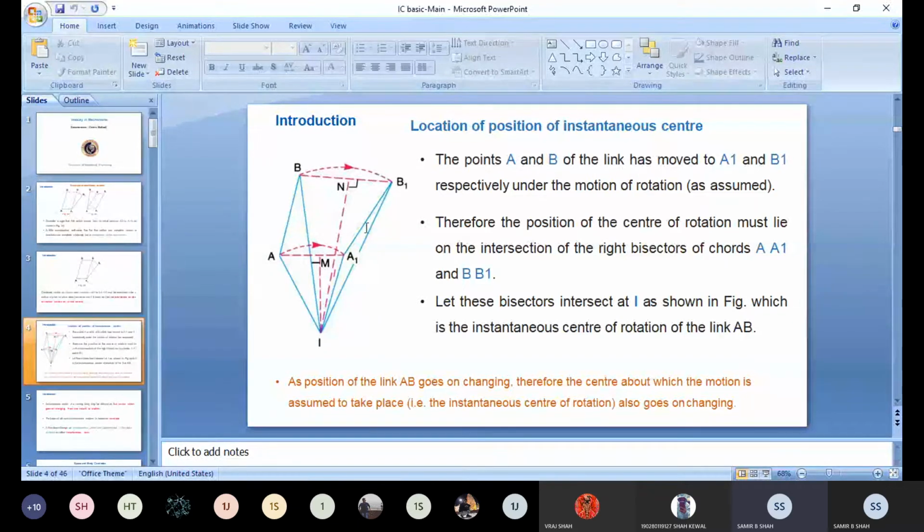Here there is one, and in the same way there are many. If the links are more than one, then the centers are more than one. So at that time, the locus of all the instantaneous centers is called a centrode, and the locus of all the axes is known as an axode. So there are four terms right now that you have to remember: first, what is the application of the instantaneous center method; second, what is centrode; third, what is instantaneous axis; and fourth, what is axode. Okay.